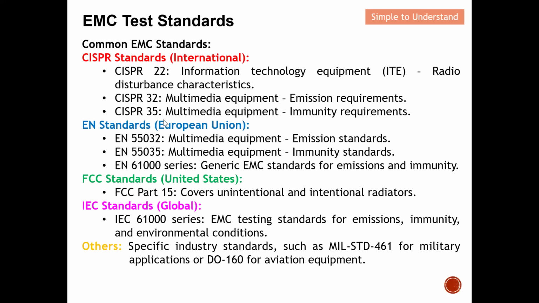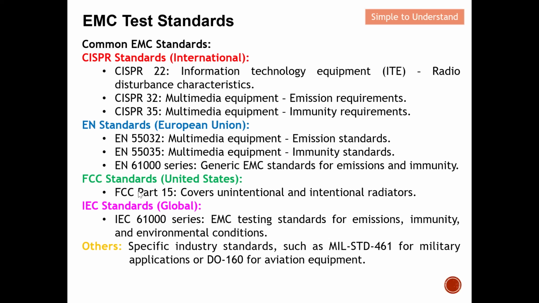As for Europe, they came out with another standard, known as the EN standard. These are all the EN standards. Again, they cover the same equipment, but Europe came up with a different standard to ensure that any device that you want to sell in Europe must comply with this EN standard. In short, they take a reference from the CISPR standard, modify some of the parameters, and come up with their own standard. Therefore, if you plan to build an electronic product that you target to sell in Europe, you need to ensure that it complies with all these tests.